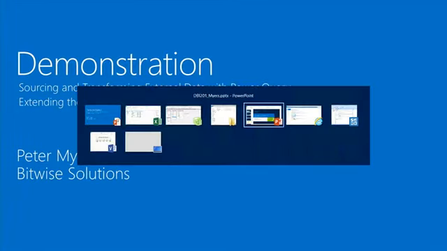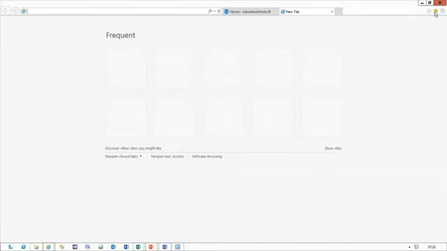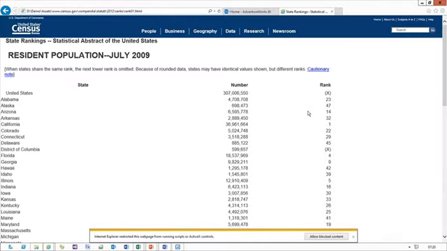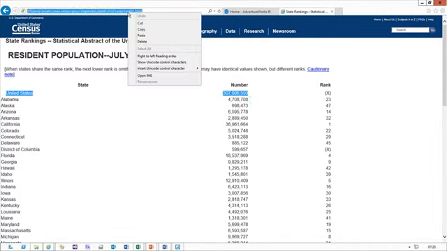So a scrounge around the internet, and because this is a US company, I've come across this website here, which shows the census population broken down by state. The information is not exactly in the format I want. It has states with population, but you'll note it also has a rank column. That's of no interest to me here in this analysis. It also has a summary here for the United States. And yet I'm interested at state level. So what I'm going to do is take this URL,